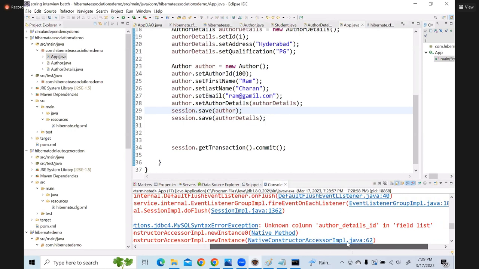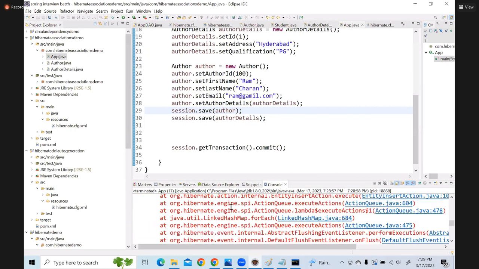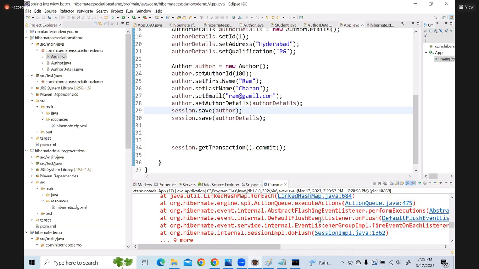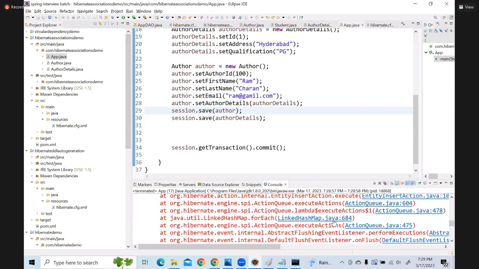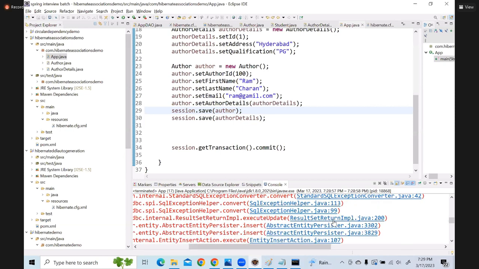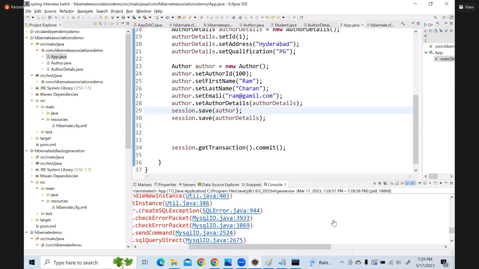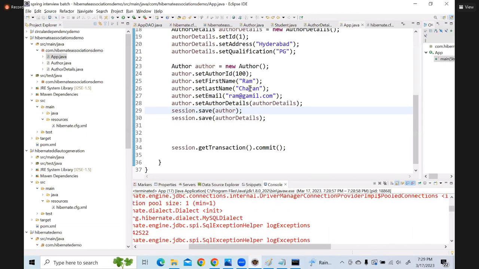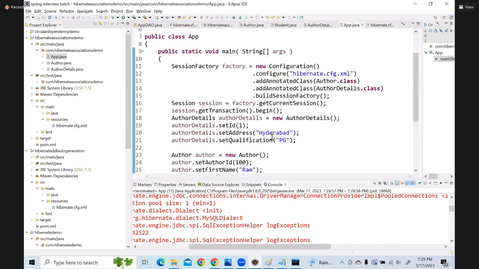Unknown column author details ID. I don't know why this issue is coming. It was working only. See, what I have done is